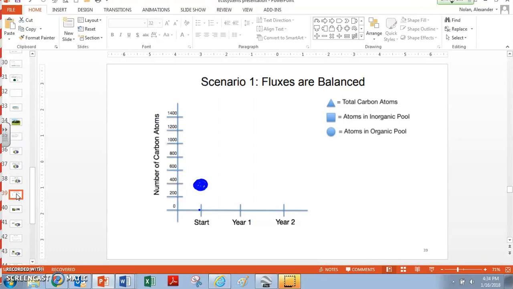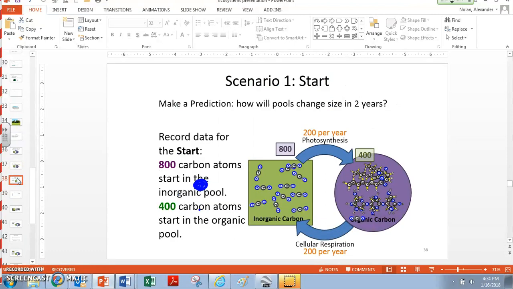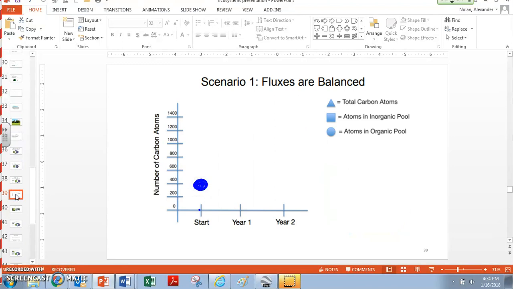And if we jump back here and look at the inorganic, that actually starts at 800. And so that would end up starting over here. And then if we add up our total, we find that 400 plus 800 equals 1200. And so we're going to draw our total right there. So now what we said was that our